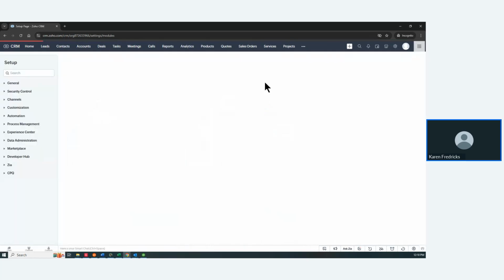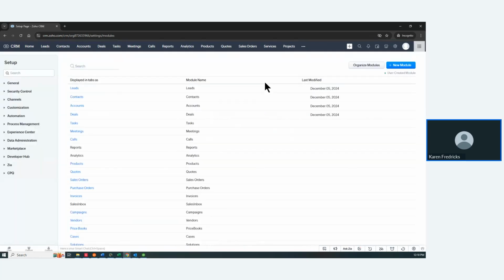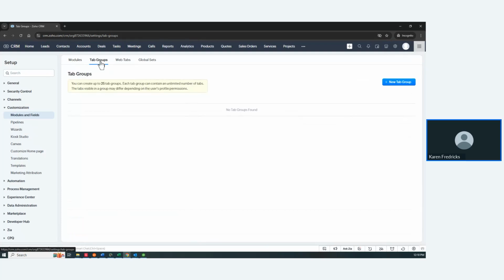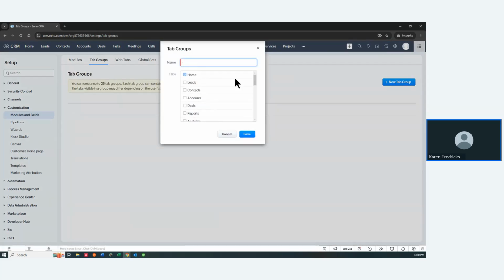And if you just remember that gear shift, modules, and fields, this is probably 90% of the customization that most of you will do. We can make a tab group. And I'm going to make a new tab group. I'm going to call it,